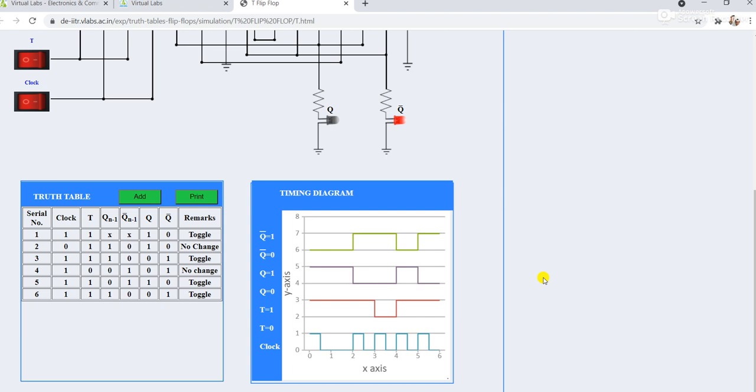Now in the next tutorial we will discuss the working and simulation of counters, whose basic building blocks are flip-flops. That's why we have covered flip-flops earlier, and in the next tutorial we will discuss different types of counters and we will simulate them with the help of this virtual lab.